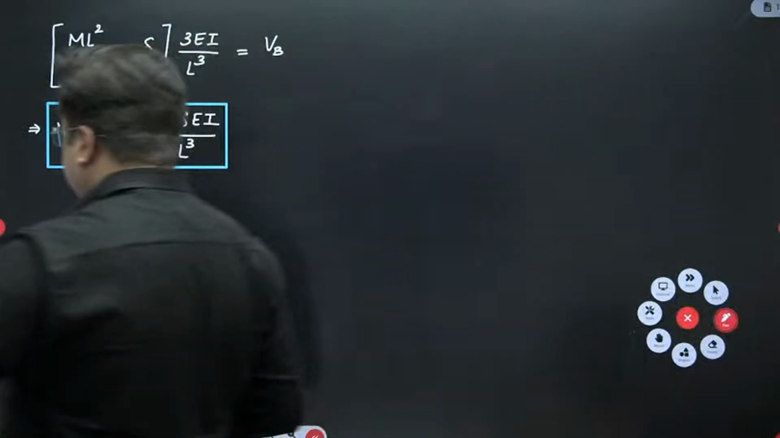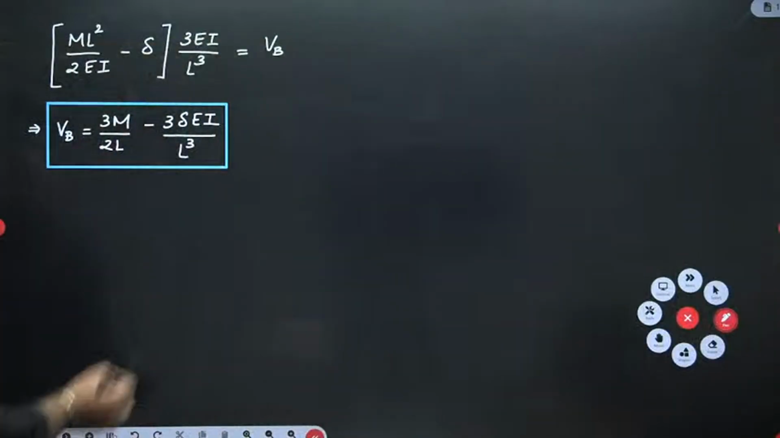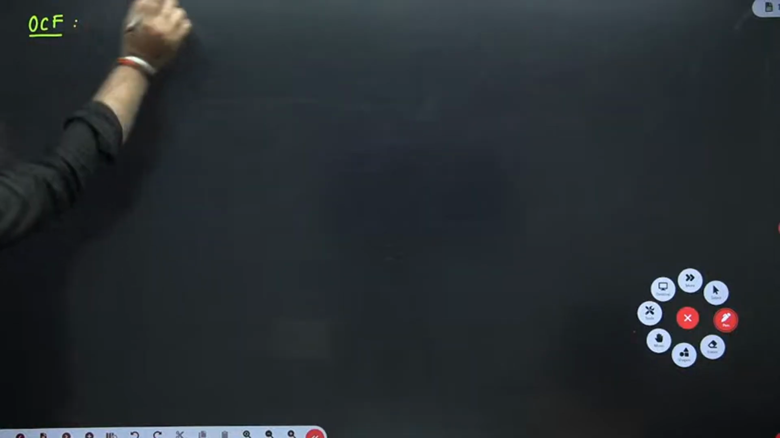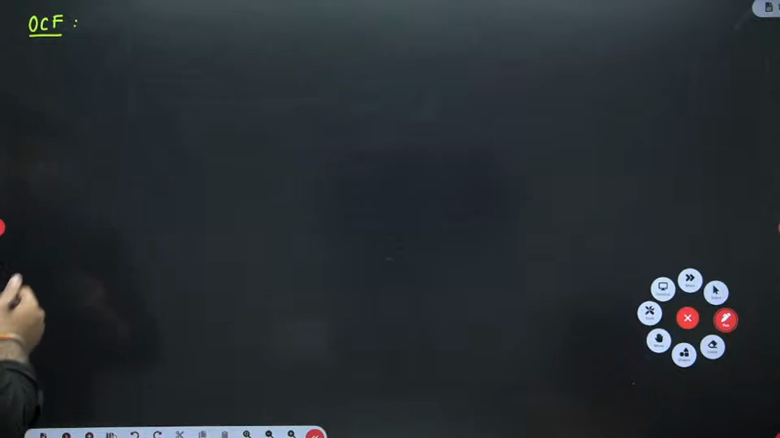Now the next question is from open channel flow. The question says that hydraulic jump is formed for